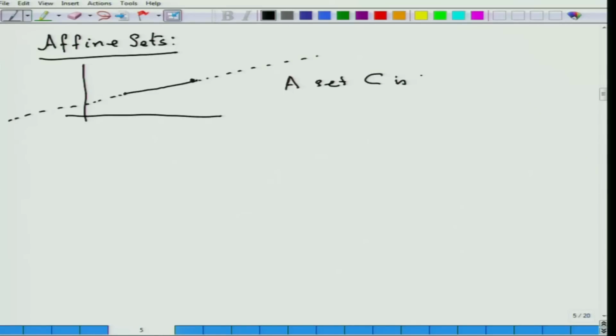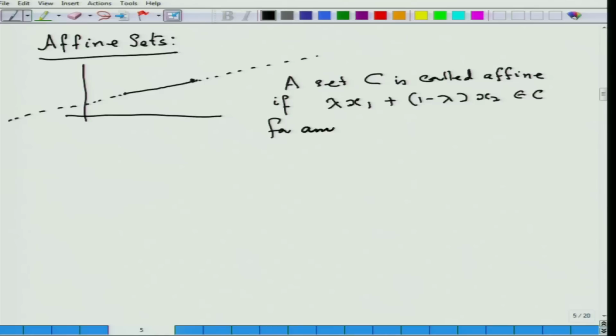C is called affine if lambda x1 plus 1 minus lambda x2 is an element of C for any x1 and x2 elements of C and lambda an element of R. Note that lambda no longer has any sign restriction here. Of course, this is true for any lambda between 0 and 1, signifying that this is also a convex set, but every convex set is not an affine set,